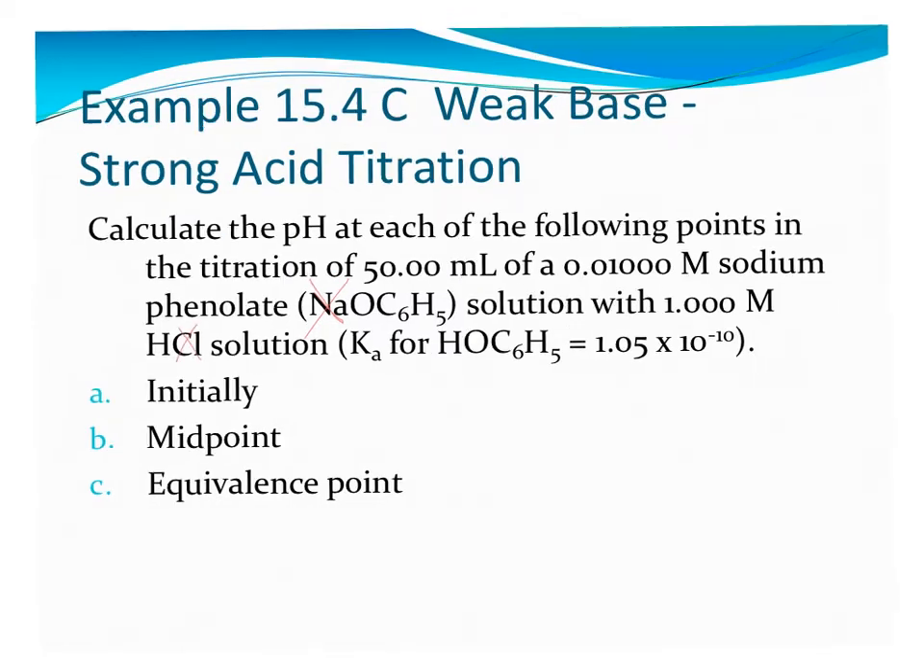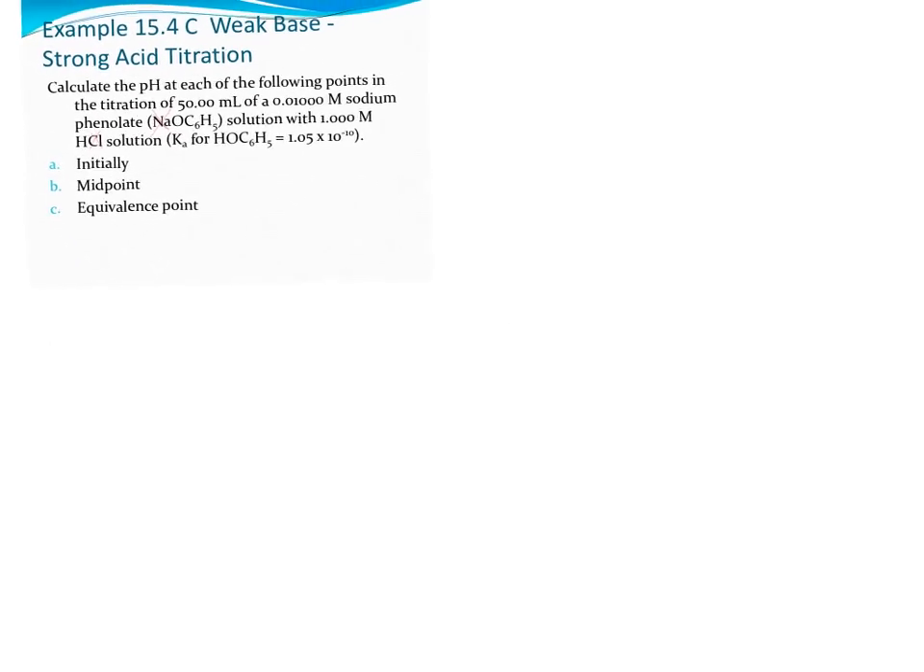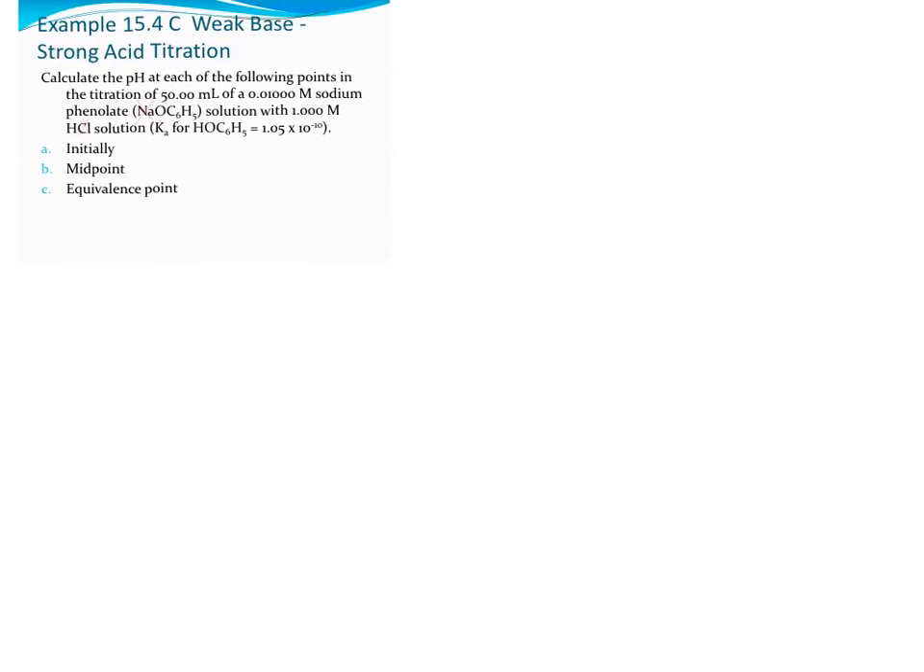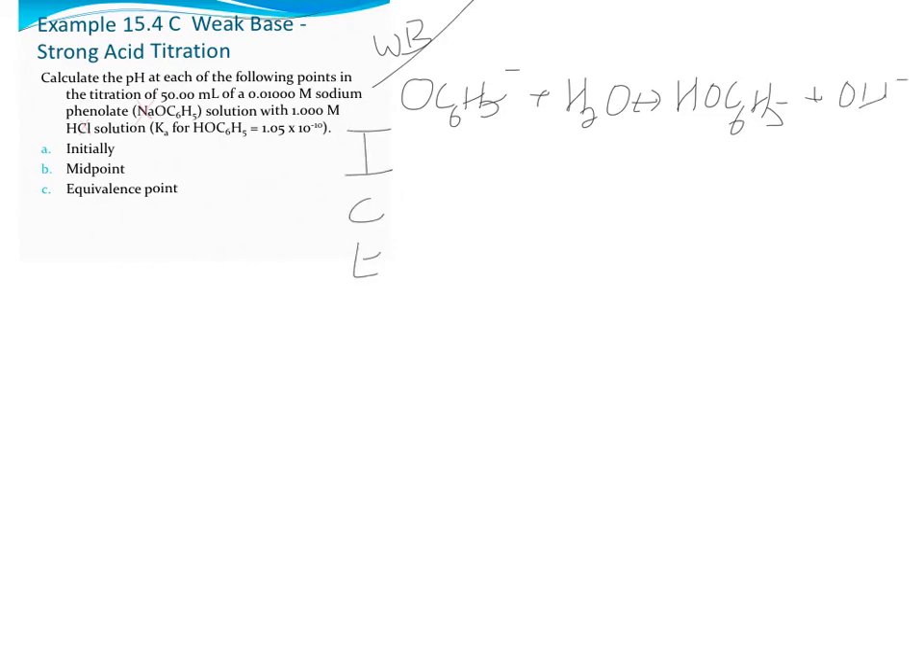So initially, let's treat this the same way as we did before. Initially, we have the phenolate, which is a weak base. So we have a weak base problem all by itself. The volumes don't matter yet. No volumes have changed. We don't need the acid. So the OC6H5 minus plus water is going to make HOC6H5 plus hydroxide. So a weak base problem, this is an equilibrium. We need a Kb,